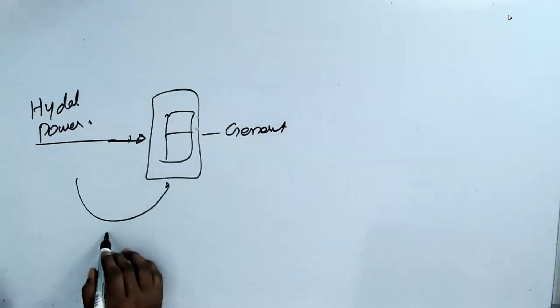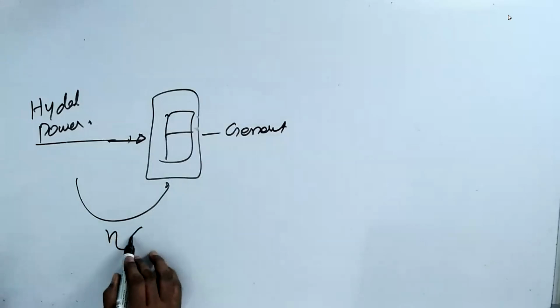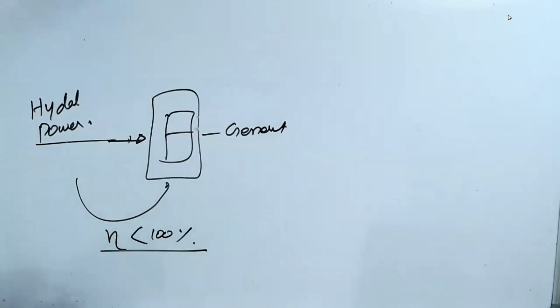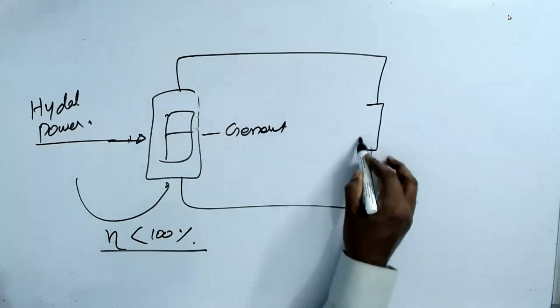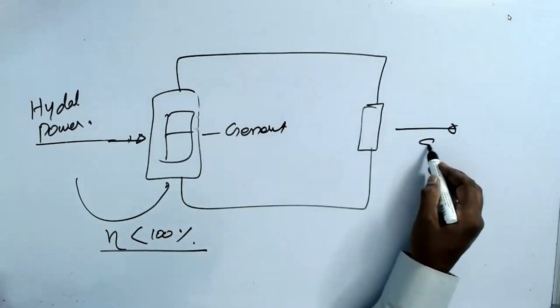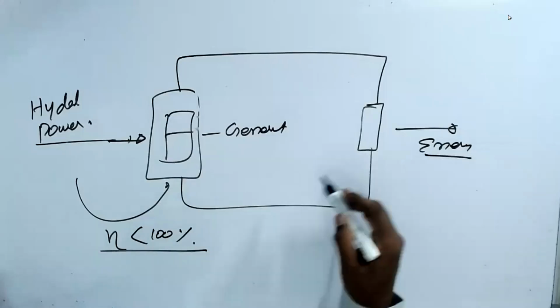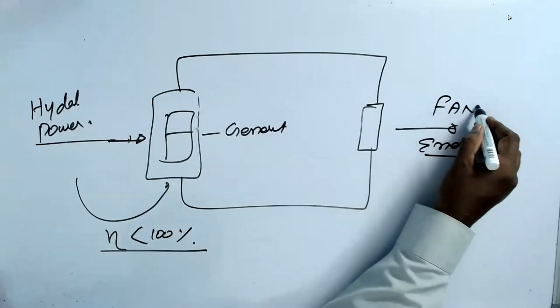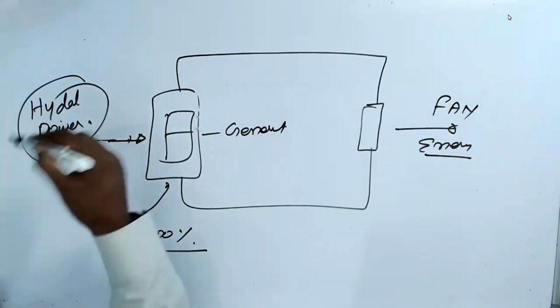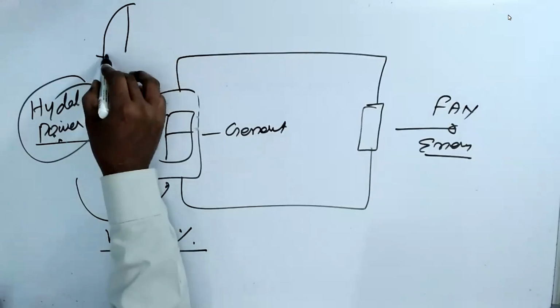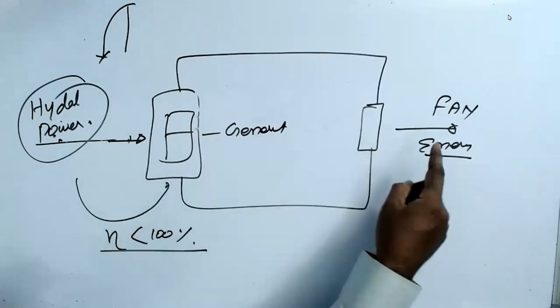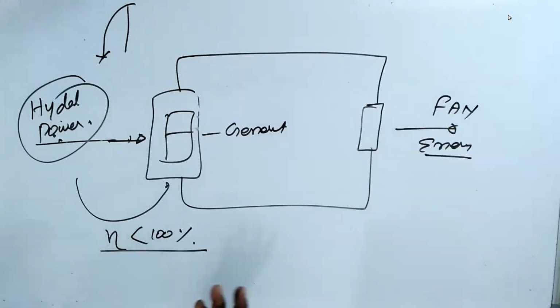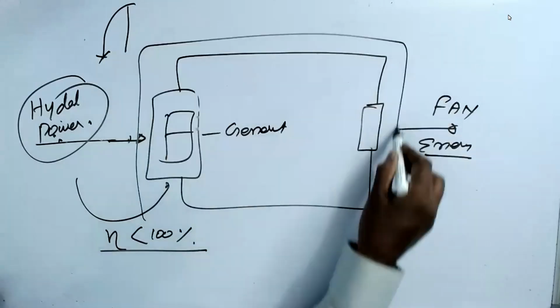But there will be an efficiency. You will never get 100%, always less. You will never get more than 100. Whatever energy I give, I'll always get less energy. Then I make it flow here. Then this comes out as another energy, could be a fan. Here is hydel energy, water energy. That water is flowing from the dam to the bottom. That's hydel energy, hydro energy, the hydel power plant. Now, here you're getting a fan. You understand now? The whole electricity is a middleman.